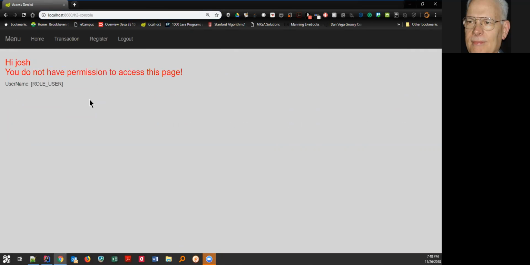Hi, Josh. You do not have permission to access this page because you have... that's not very good. It says username, role user. Okay, well, a few little glitches here, but basically this just says you have to have an admin user to use the H2 console. So if I log out